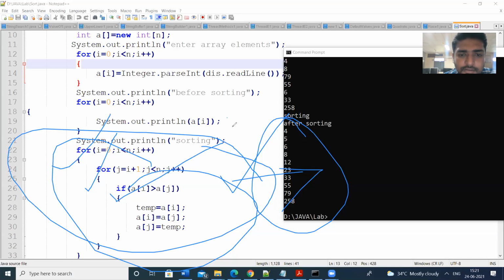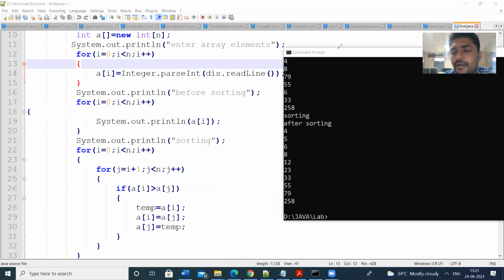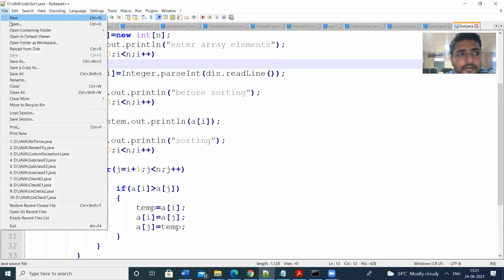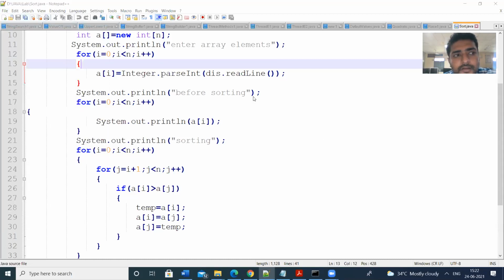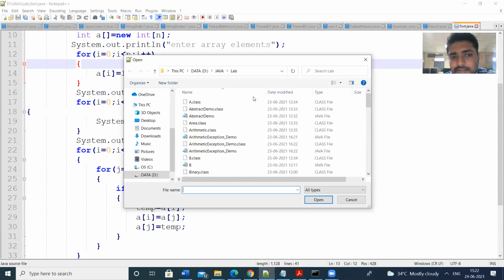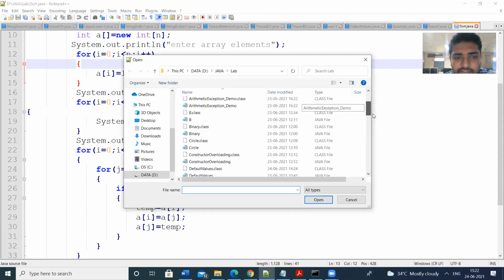Next, we will see the merge sort. Already for quick sort, we have the method called sort. Sort is a predefined method in the util package. We can use that method sort, and all the elements will be sorted. There is another sorting technique, that is merge sort. Merge sort is also an efficient sorting technique. It follows the divide and conquer method.